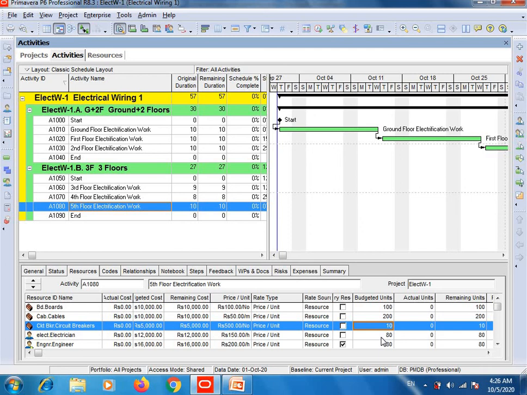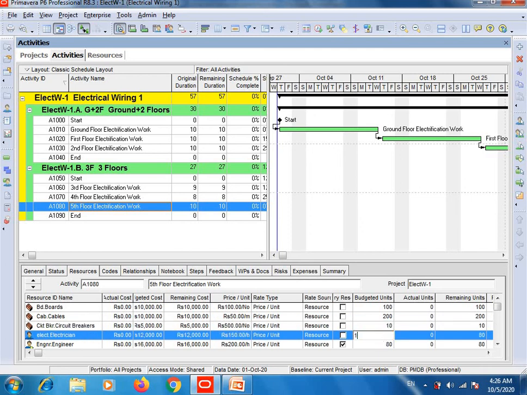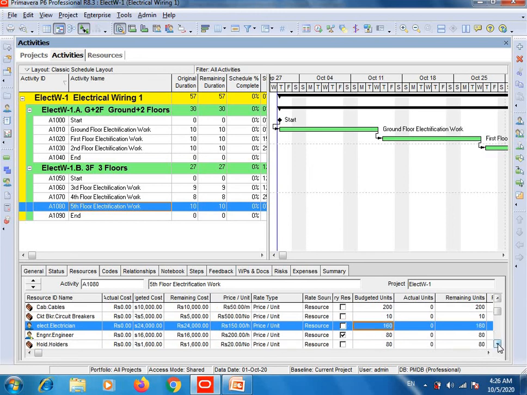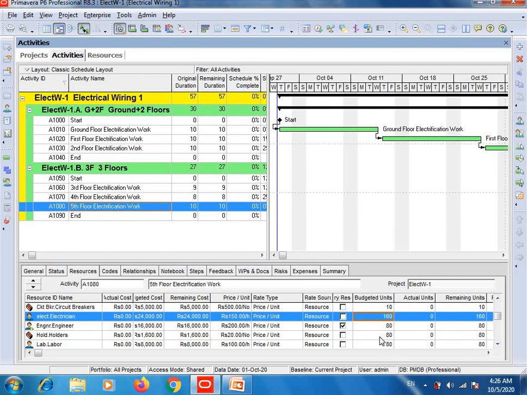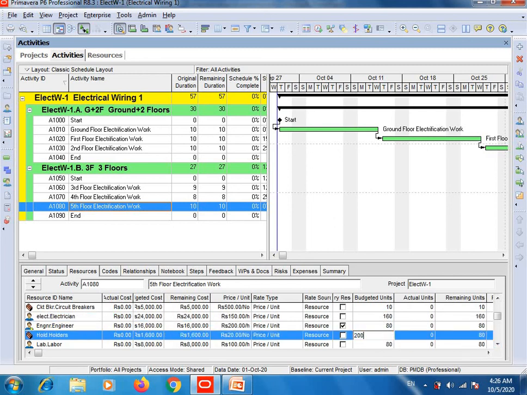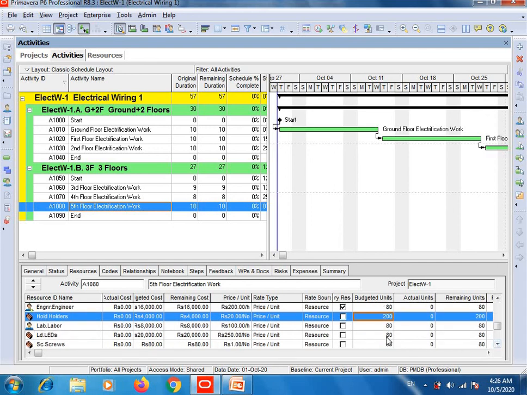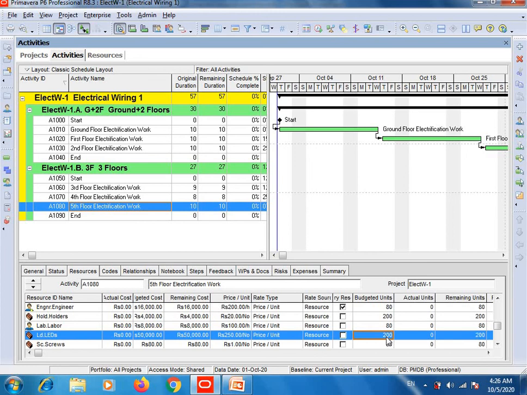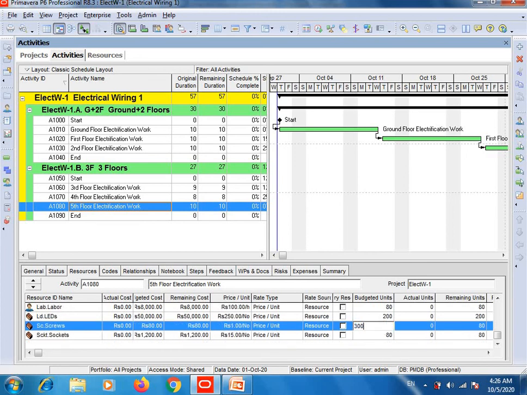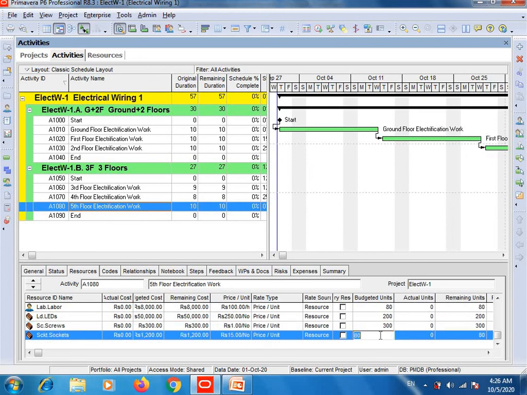So 10 multiplied by 16, because I'm utilizing 2 electricians, so I will write 160 here. 1 engineer is enough. 200 holders will be required. Then 1 labor helper is enough. 200 LEDs. Screws, for example, 300 screws will be required, and sockets, for example, 150.